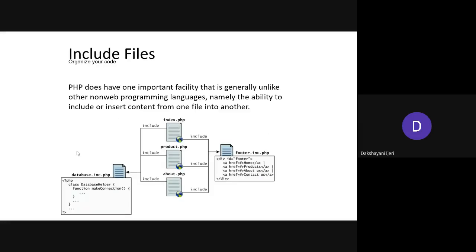Okay. So coming to the next part, include files, right? Whenever you are writing any programs, or developing any project, you might require to refer to some other file which you have written. For that you are going to use the keyword include, through which you can refer to any kind of file from the current program where you are writing. You can refer to another PHP file, and even to an HTML file also, right?